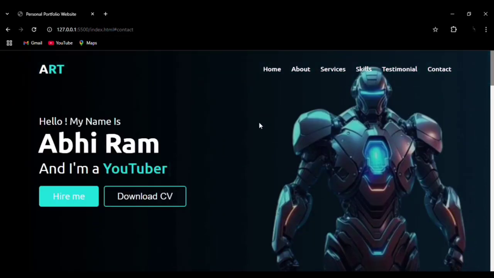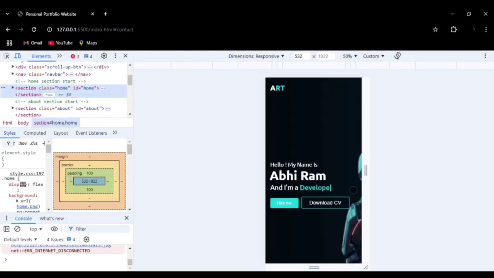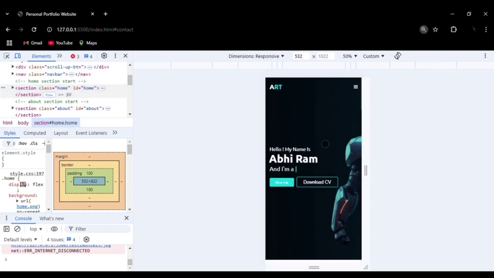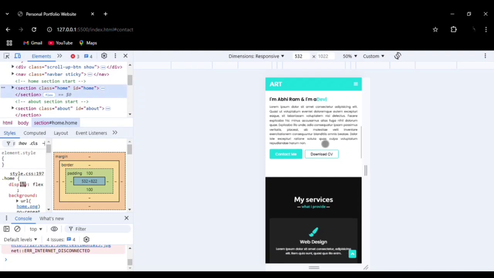The entire website is made using HTML, CSS and JavaScript, very beginner friendly, as well as it is a very responsive portfolio website. That is, it is also available in mobile as well as in tab view. Let me show you the mobile view of the website. You can see this is the mobile view of the website. How perfectly they have all been aligned exactly based on the size of the